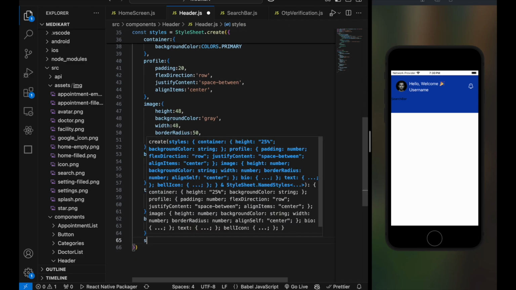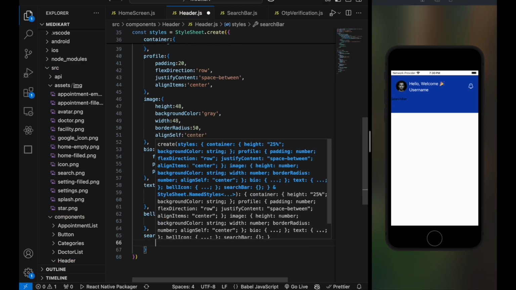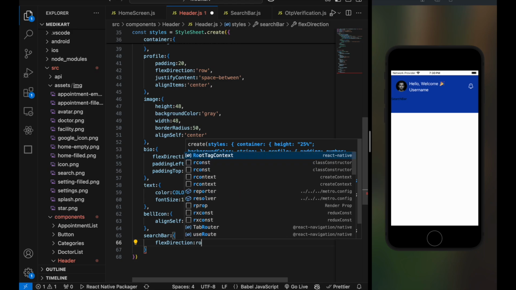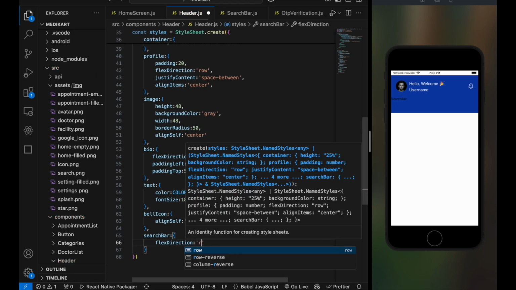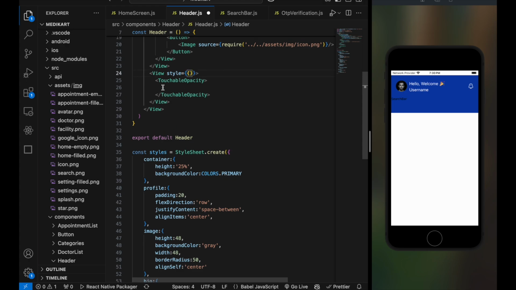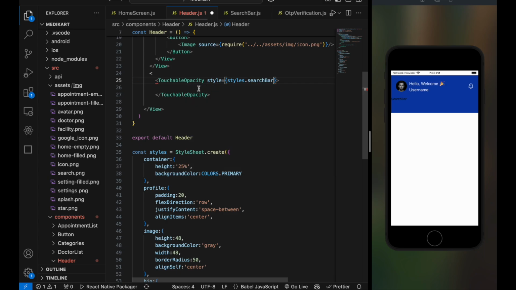Let's put it here, search bar, flex direction row. And simply put it here, and style, styles dot search bar,